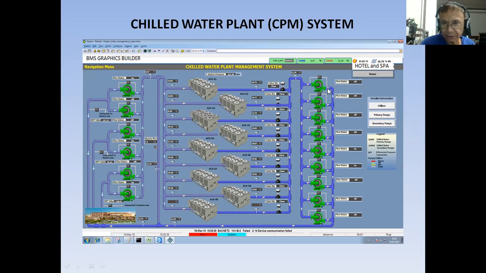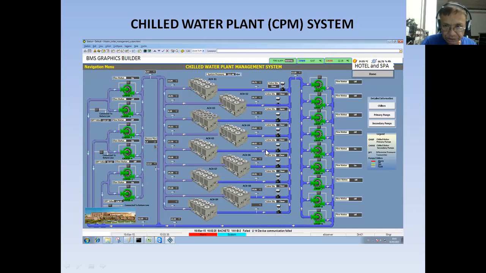Actually, in the motor control of this primary pump, we have a VFD, but that VFD will be used only for testing and commissioning of the primary pump, because if you want to get the proper flow for this primary pump, you have to set it in the VFD. For the secondary pump, this is controlled by variable frequency drive. Based on the requirements of chilled water in the load, these pumps will modulate.